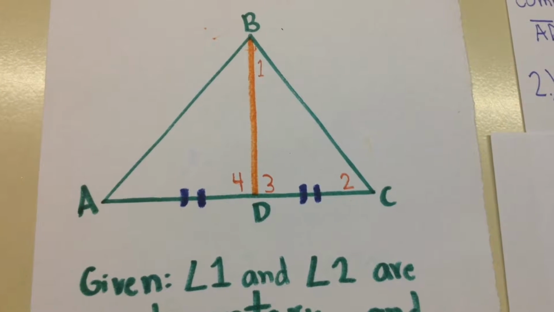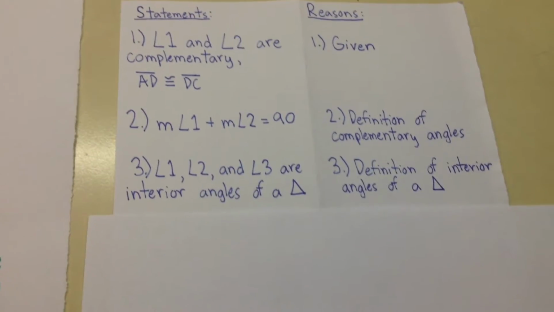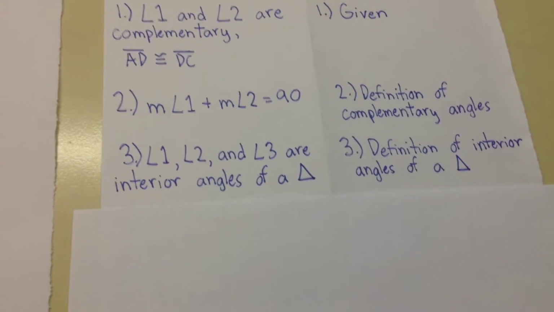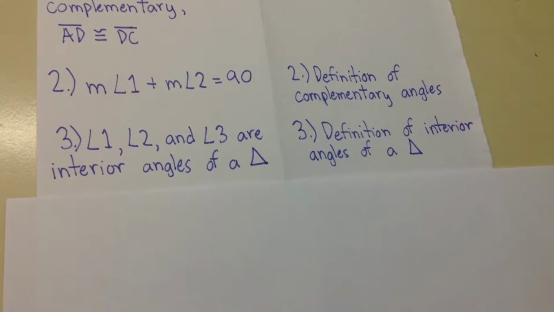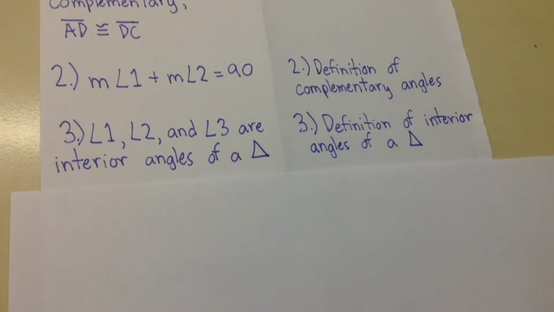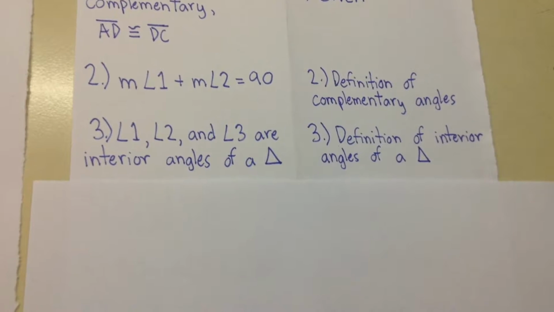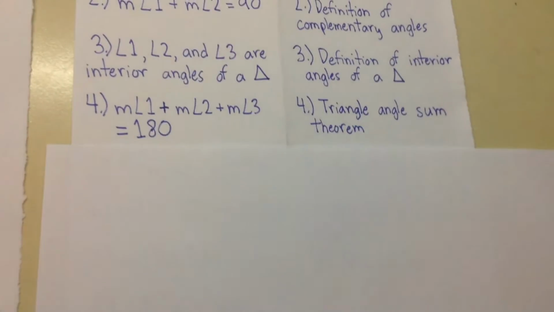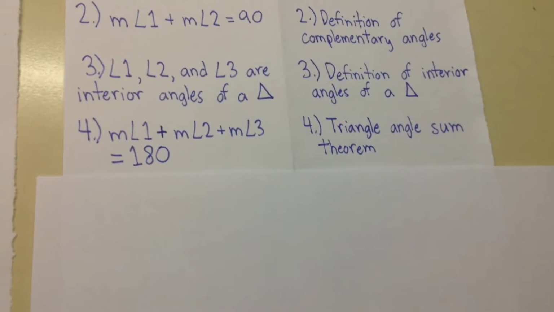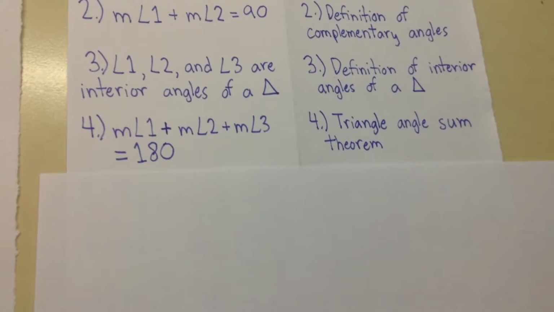Looking at the illustration, we can see that angles 1, 2, and 3 of the triangle are interior angles. So we must state in our proving that angles 1, 2, and 3 are interior angles of a triangle. The reason is the definition of interior angles of a triangle, which states that all angles within a triangle are interior angles. Now, since angles 1, 2, and 3 are interior angles, we can say that their sum is 180, because the triangle angle sum theorem states that the sum of all interior angles within a triangle is